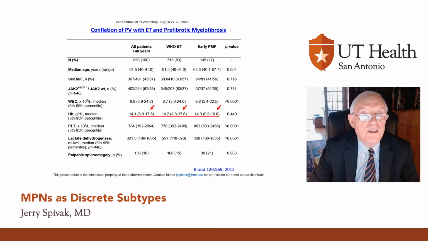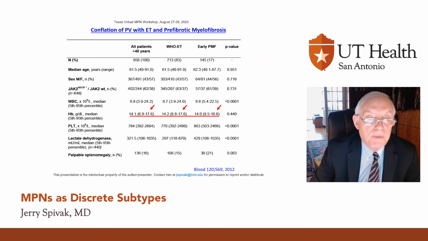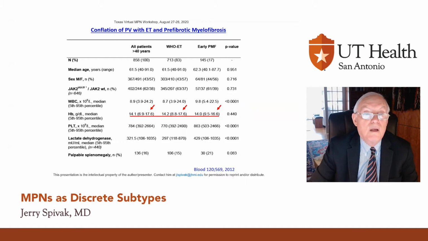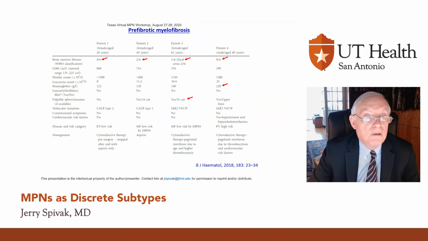But what about the conflation of PV and ET with pre-fibrotic myelofibrosis? This is a disease that only exists in the minds of those who choose to believe in it. And you can see here, so-called WHO ET, this can't be because here you have hemoglobin levels of 17.6 grams. And here's early PMF, which again has exceeded the PV criteria of the WHO. And here is a study, another group of patients, 4 patients here. Here's one who has 4 out of 4,